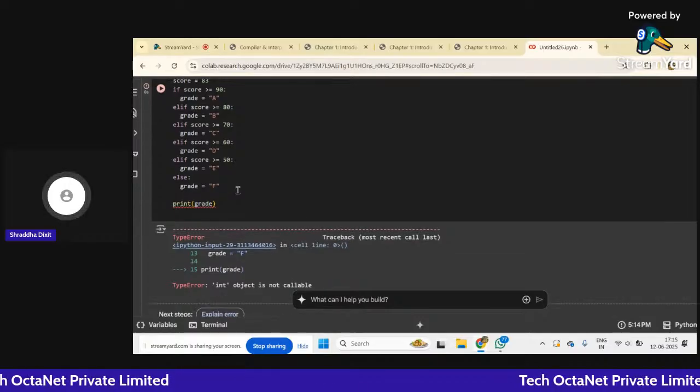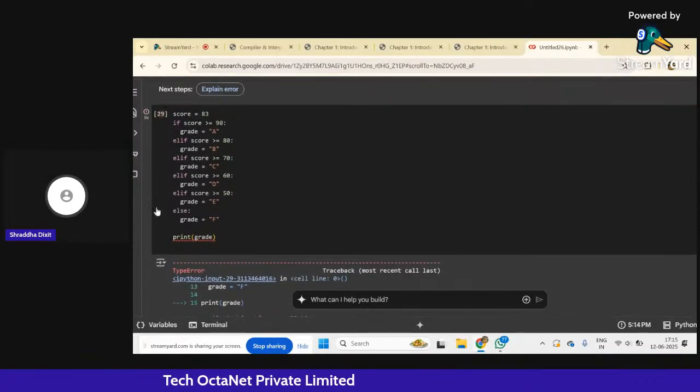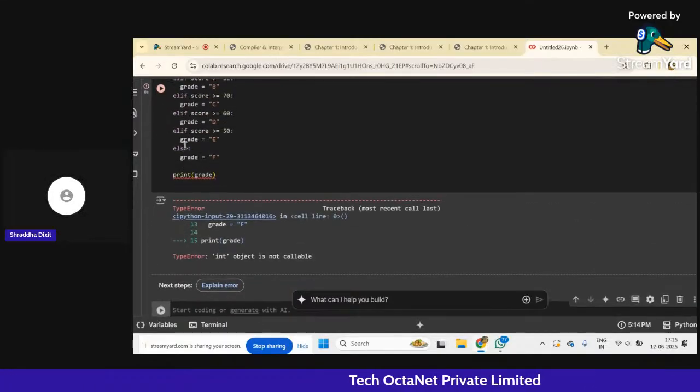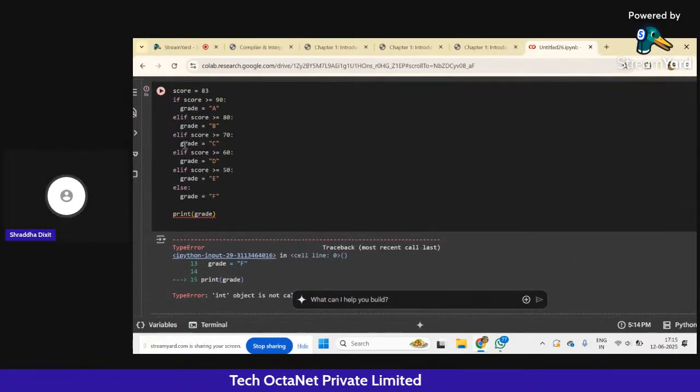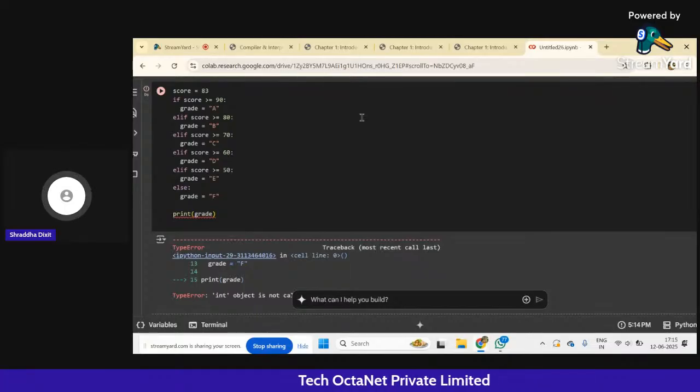So this is how you can simply have the grade printed. This is how you can use multiple conditions inside the code. I don't know why it is giving the same error again and again. I'll try to resolve it in the next session. For the time being, you all need to cope with this. Okay, and the other very famous problem is